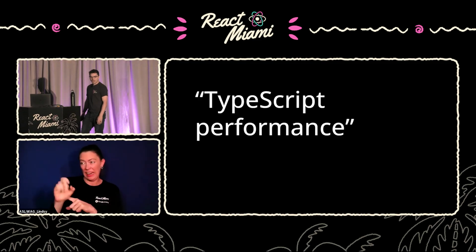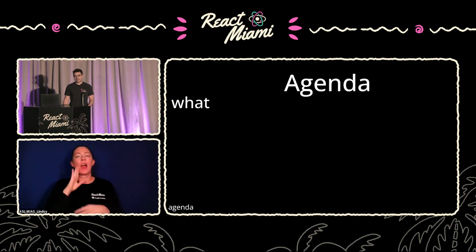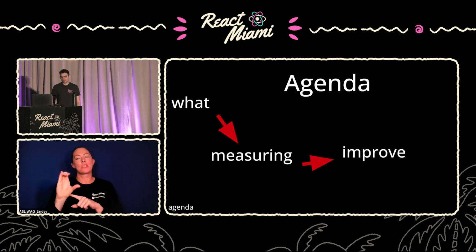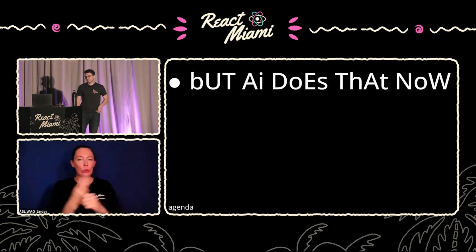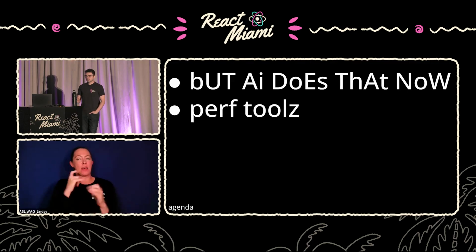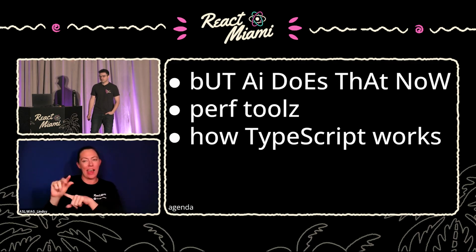OK, here we go. So I'm here to tell you about TypeScript performance, what it is, how to measure it, then improve it, and keep it that way. Along the way, I'm going to tell you why you should care now that all you do is babysit AI agents. We'll look at some perf tools, and we're going to learn more about how the TypeScript type checker works